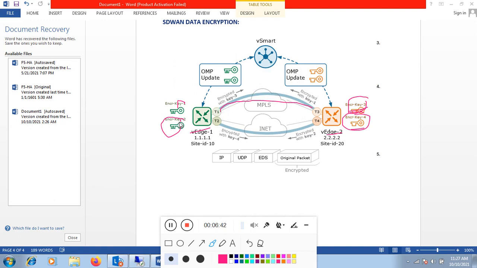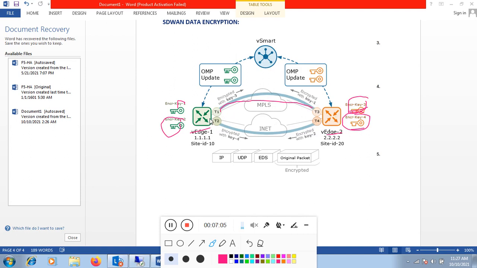Similarly, when WAN edge 1 shares encryption key 1 and encryption key 2 with vSmart, vSmart shares those with WAN edge 2 as well. Now whenever WAN edge 1 needs to send traffic to WAN edge 2, it will encrypt the traffic using the encryption key that it has received from the vSmart.